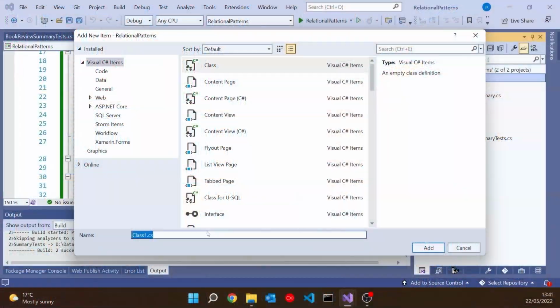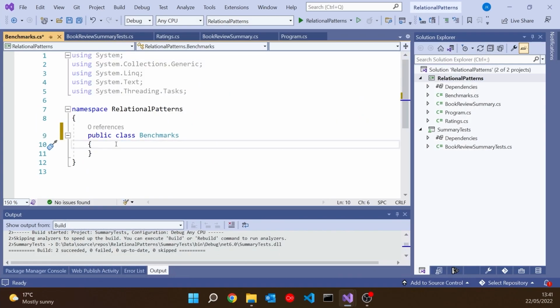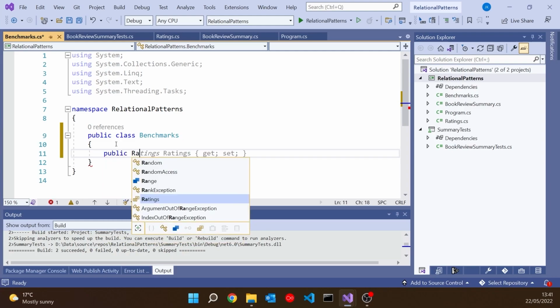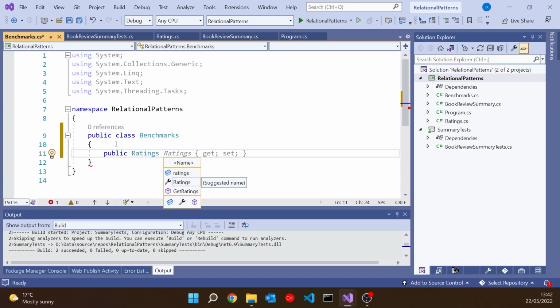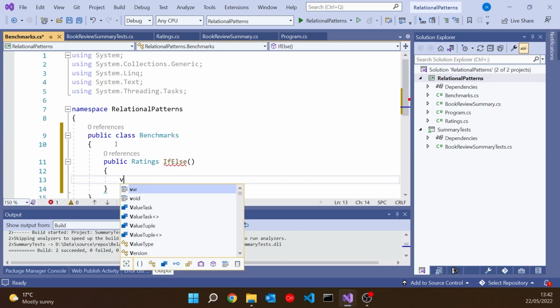So what I'll do is add a new class that I'll simply call benchmarks and make that public. And then what I'll do is put in a public ratings method that I'll call if else. And what I'm going to do with that is create a book review.